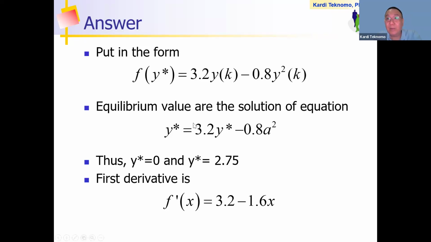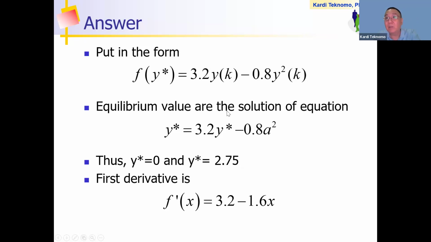And then every y_k here becomes y star. This is supposed to be y star squared. And then, because this is quadratic, you have two equilibria, at 0 and at